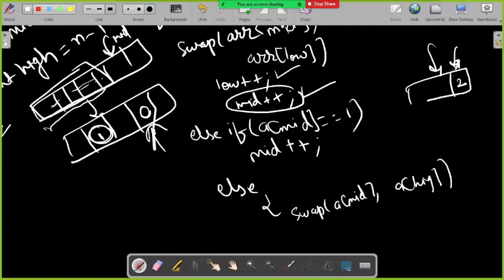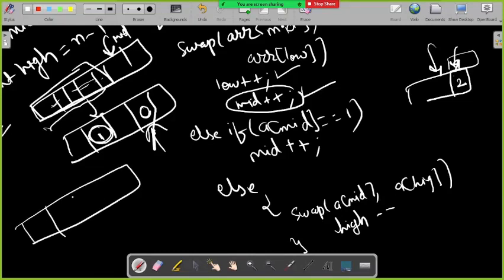Okay, because I want to make sure that all the elements which are right of the high, they all are 2s, so I can decrement the high. But now I will not increment the mid. Okay, why? Let's say this high is pointing here. I know all 2s are here, and let's say mid is here, and I'm getting a 2 here, right? Now one thing that can be possible is, wherever high is pointing, it is possible that a 0 is there,